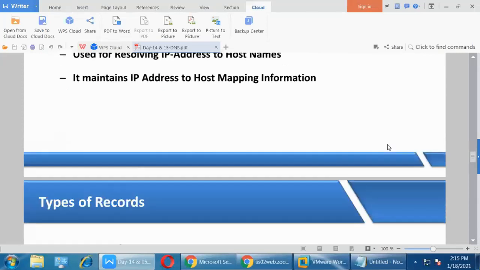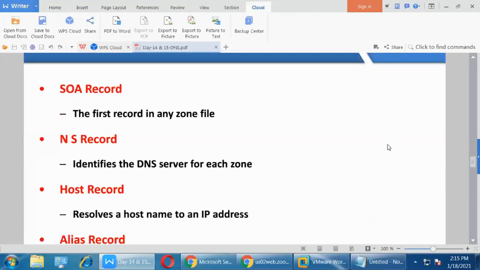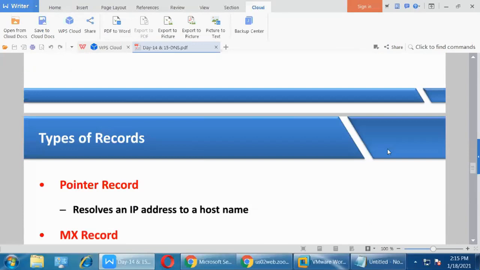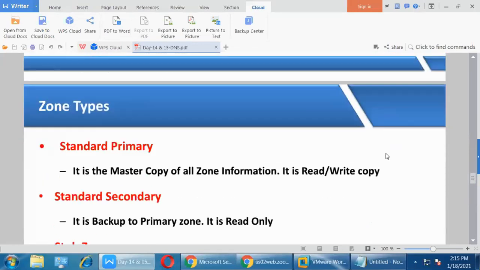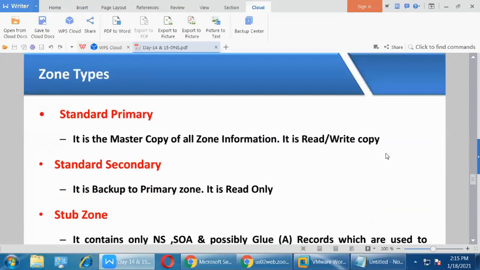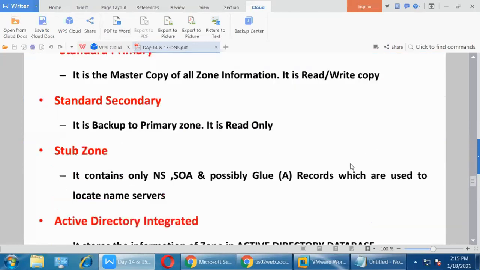Now, every zone, if you want to create it manually or by default, has four types of zones. You want to create, so in that you can have a subzone of this forward lookup zone: primary zone, secondary zone, stub zone, or Active Directory integrated zone.